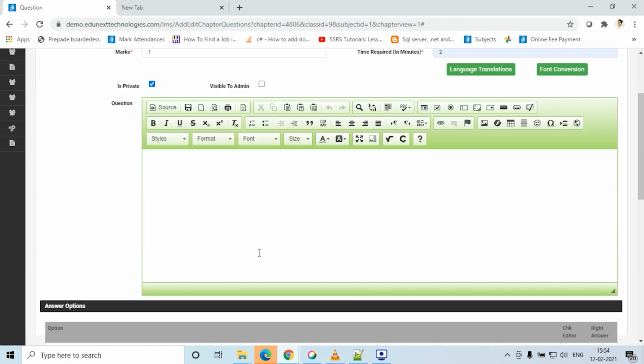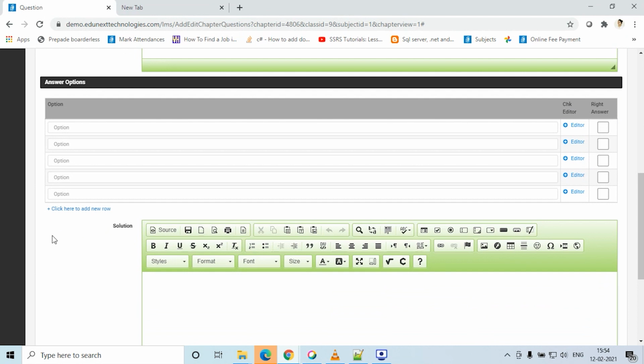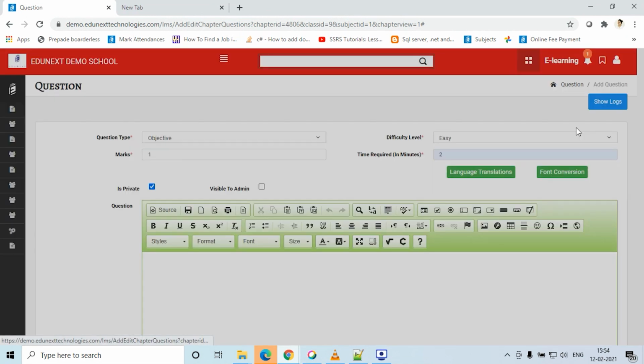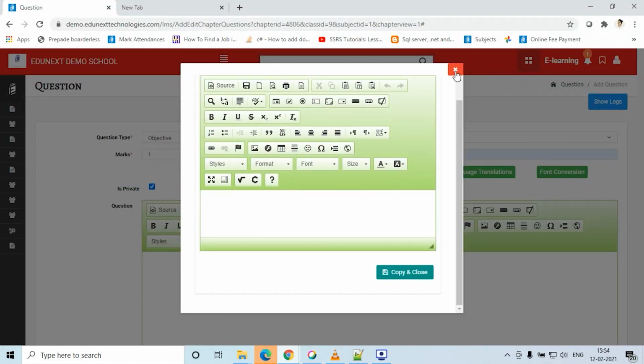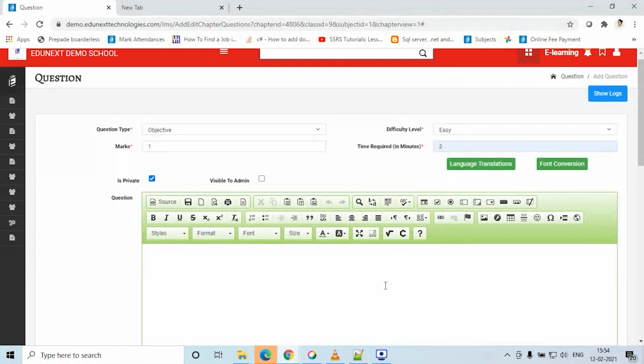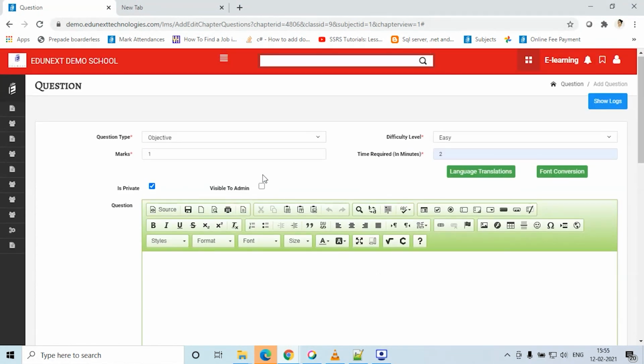We can also add one more row, and in the answer type we have given the editor also. This works the same as I have explained in subjective type questions. Ram is going to Agra. Which type of distance?